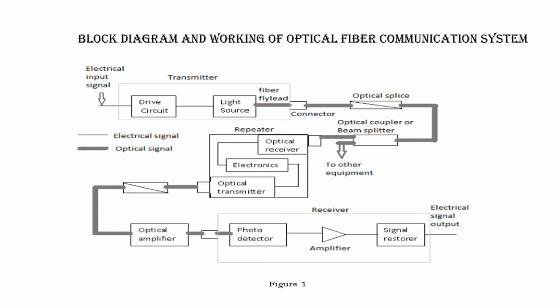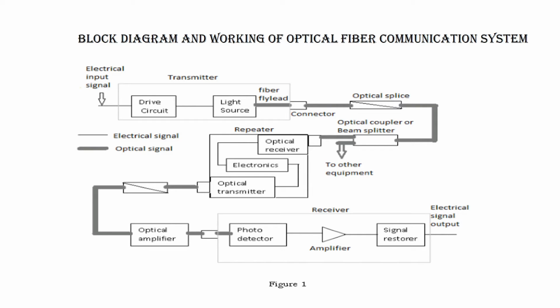So we have an input signal. Here we have the input electrical signal, right? That electrical signal we give to the driver circuit. I will explain how this driver circuit functions. The electrical signal goes to the driver circuit, and then that circuit is connected to the light source. The light source translates our electrical signal into light, and now the light signal we can give to the optical fiber.